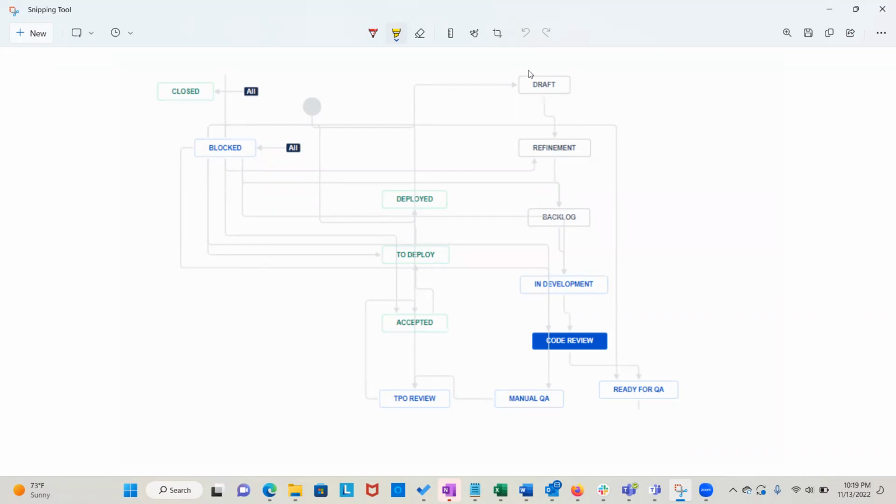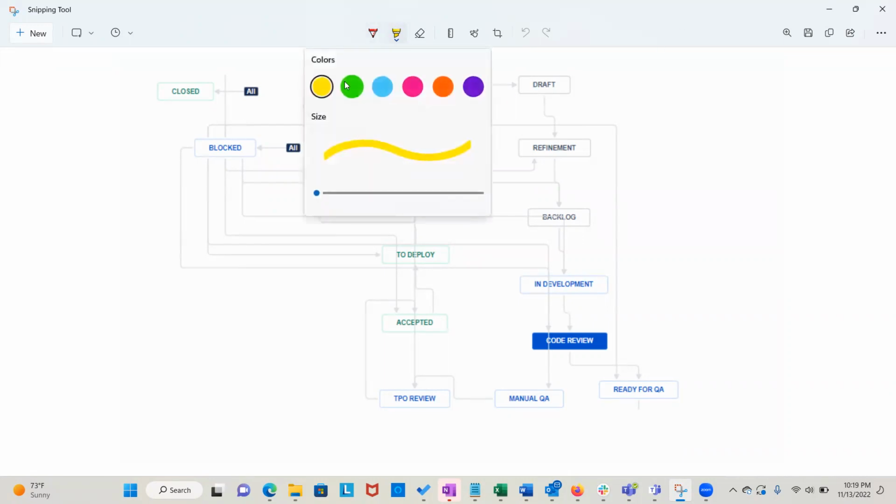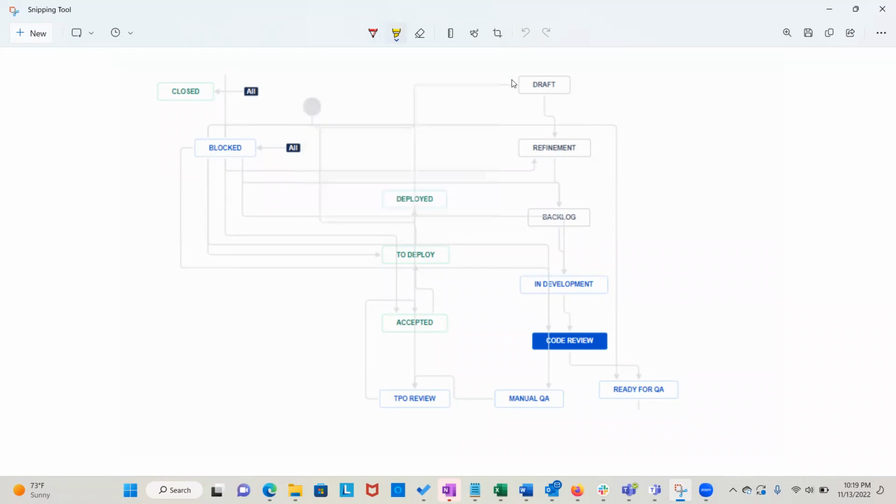Draft is the first one. Whenever you log a bug, the status is draft. Then refinement. Ignore refinement, it is not applicable for bugs. This workflow is applicable to bug tickets, story tickets, and epics. We have multiple ticket types, and this is applicable to all of them.